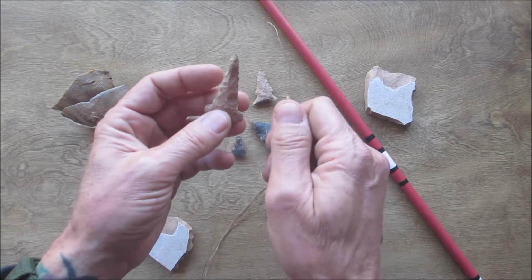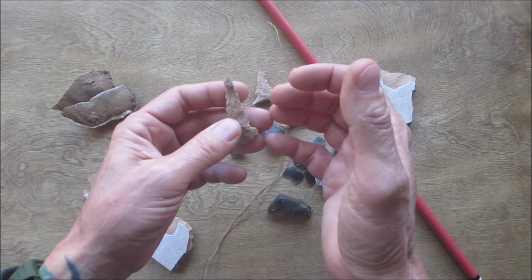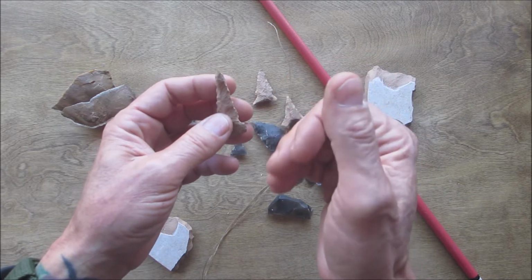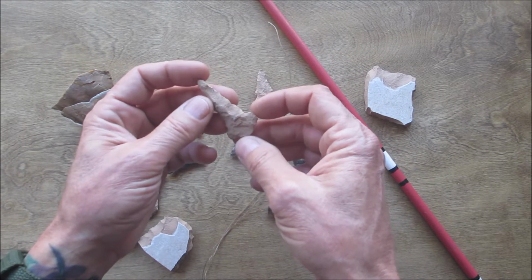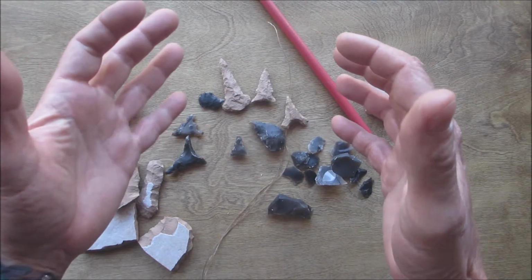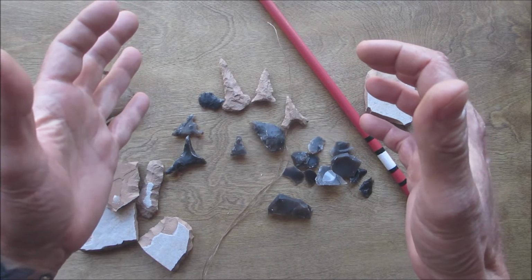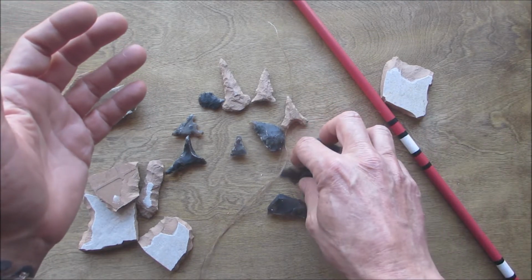And again, I didn't take it to the point where if I was flint knapping a piece of shirt or whatever, I would get it all the way down to an actual finished state. But again, just practicing. And then we got Ron's flint that he sent me through the UK. And I made a lot of these